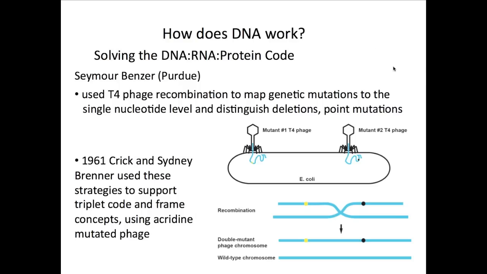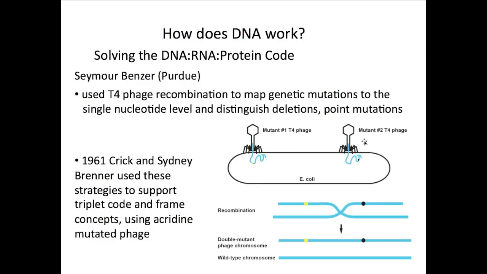And to carry on the thread of the bacteriophage studies, another major contributor in this area was Seymour Benzer, working at Purdue University. And he used a different kind of DNA bacteriophage, the T4 phage, as his preferred system, where he was hoping to be able to map the genetic elements in the bacteriophage by using recombinations between mutants. So he was able to study mutant bacteriophage, for example, that by themselves were unable to infect a particular strain of E. coli. But what he found is that if he took two different kinds of mutants that subsequently he was able to figure out had mutations in different parts of the bacteriophage DNA,